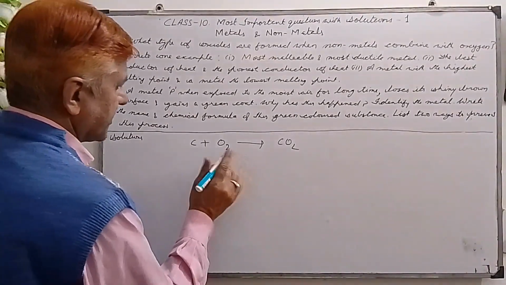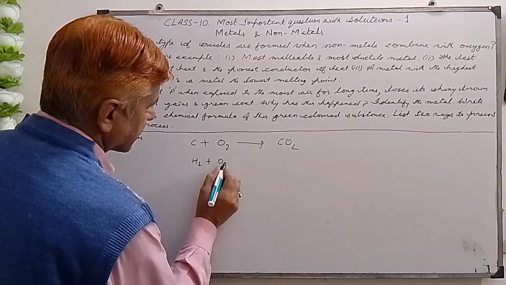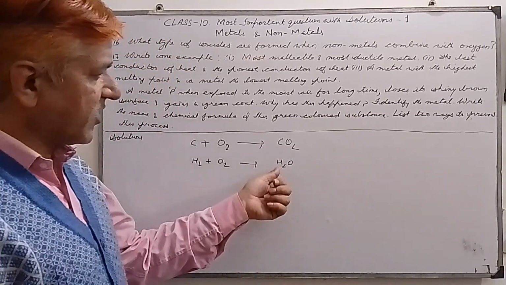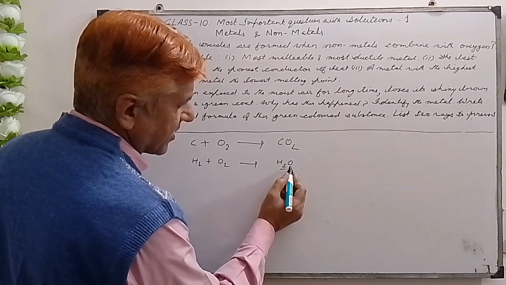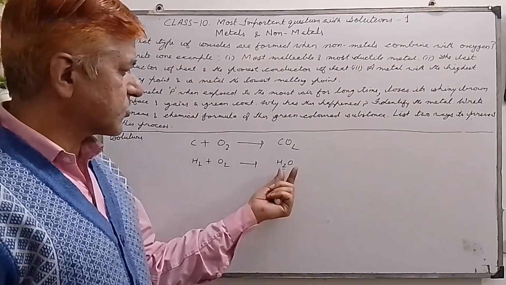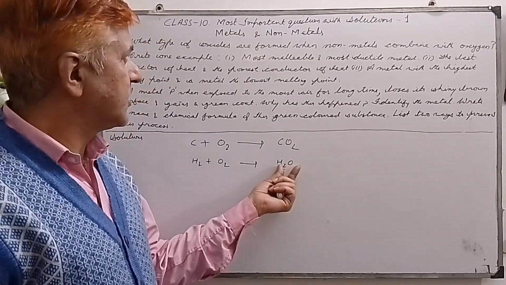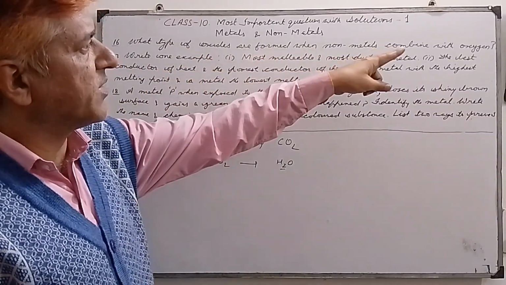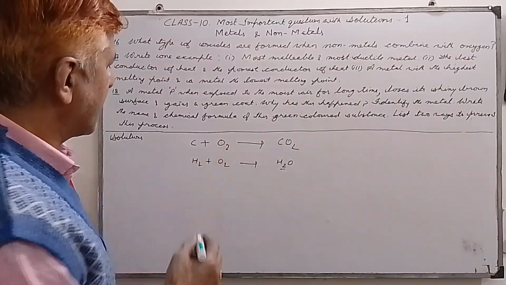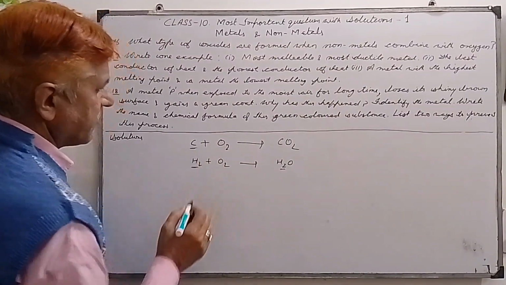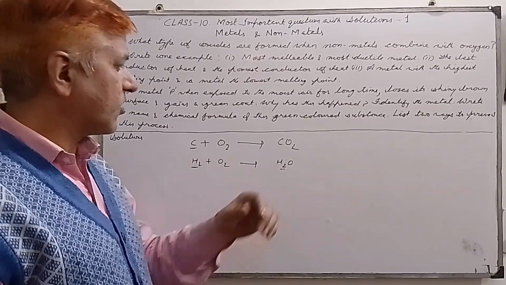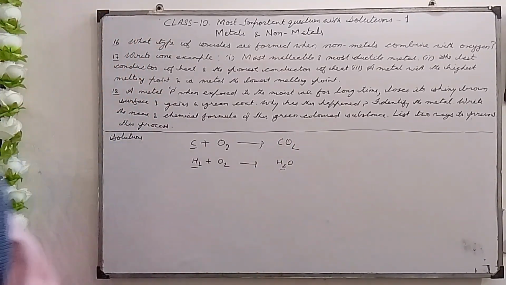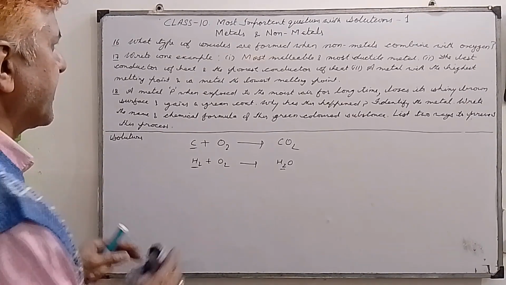For example, hydrogen plus oxygen gives water. This is also a non-metal oxide, because hydrogen is a non-metal and oxygen is oxygen, so this is neutral. So what type of oxides are formed when non-metals combine with oxygen? We get both types of oxides, that is acidic as well as neutral. So please remember this. Next question is, write one example,